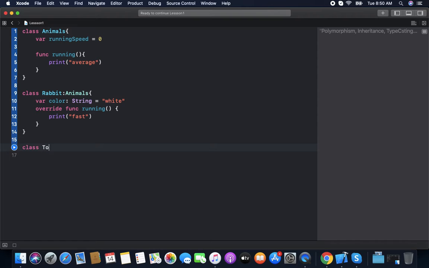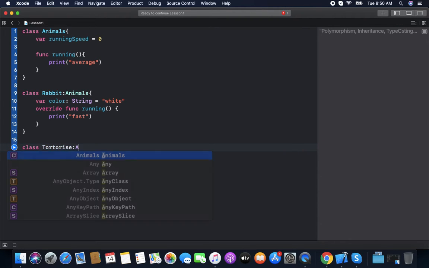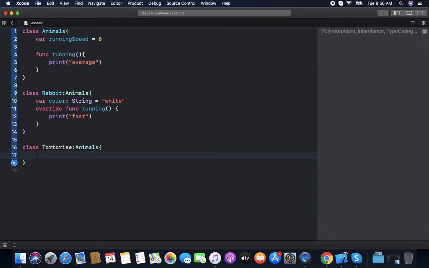Now we have class Tortoise, which will inherit from Animal. Tortoise has a shield, so we print the tortoise.